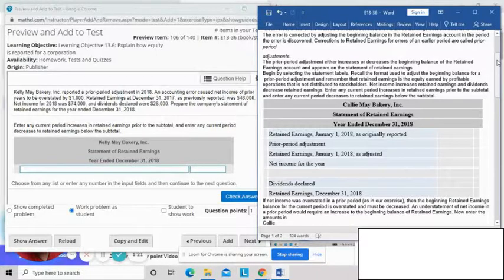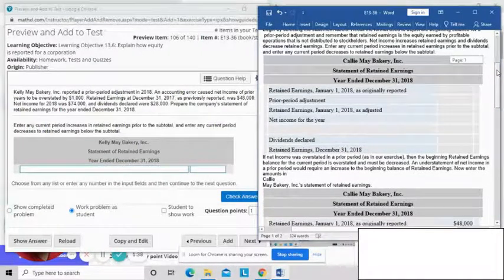Net income increases retained earnings, and dividends decrease retained earnings. Enter any current period increases in retained earnings prior to the subtotal, and enter any current period decreases to retained earnings below the subtotal. So as you see here, I have my statement